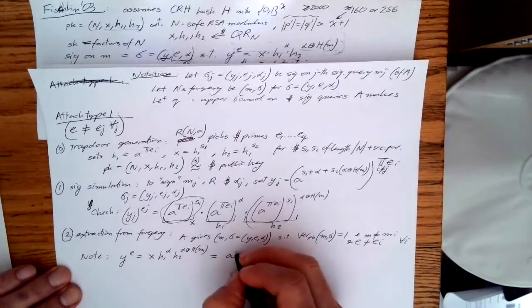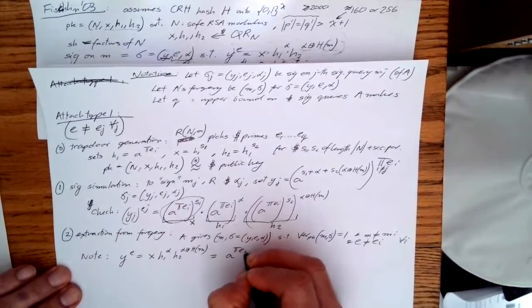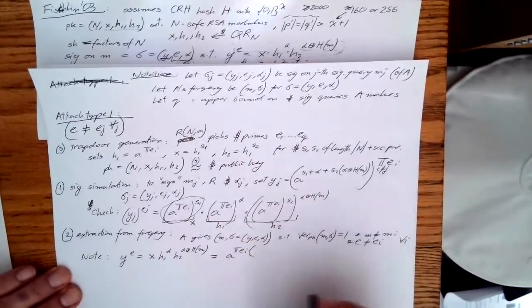So this is all can be seen as A to the product of the E_i's, and what are the extra stuff? So X